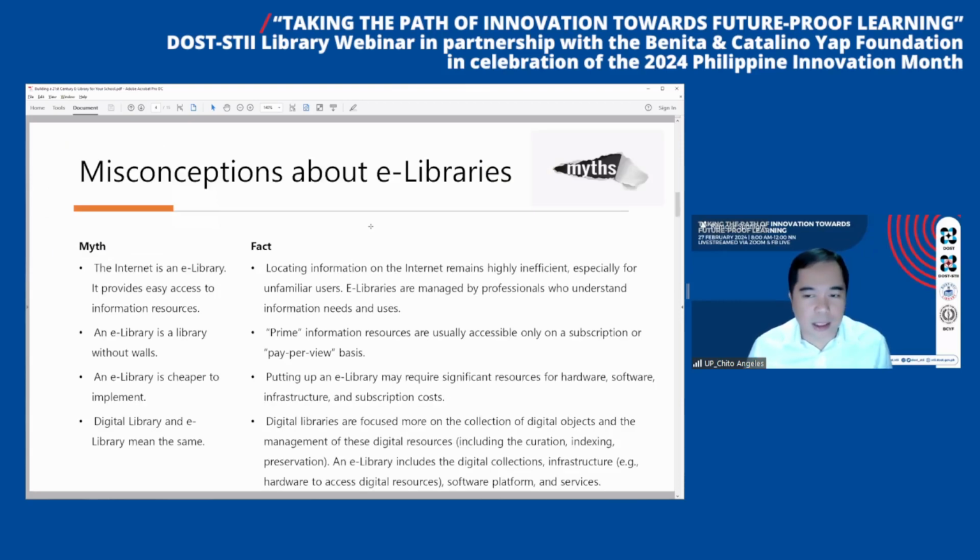So there are actually some misconceptions about e-libraries. Okay, for instance, the internet is said to be or is believed to be an e-library, or sometimes people just say if you have access to internet or the World Wide Web, then you have an e-library. In fact, many years back when I